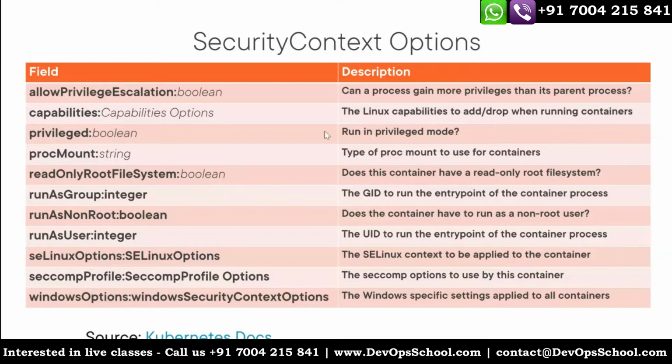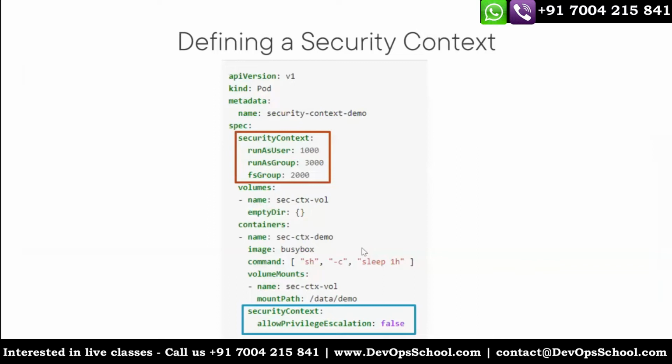So these are the options, some of this has been taken from the documents. Each of these fields has certain policies which will validate or not. You can give values: boolean, string, integer and all these things you can fill in. Look at the example of how to define the security policy in the pod spec. Here you have a security context set, saying that this pod has to run as only